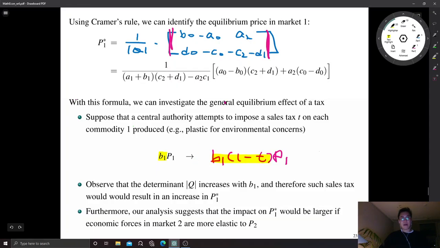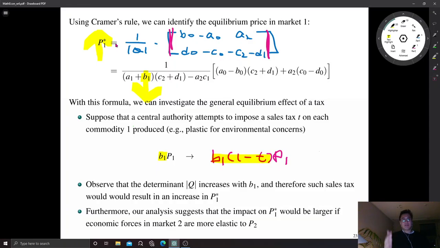Okay, so with that in mind, if we look at the impact of such a tax on the equilibrium price of good one, then we just simply look for B1 terms here, and there is no B1 in this bracket, and I can see B1 terms in the denominator. Because the tax T decreases B1, if B1 decreases, we divide the same quantity by a smaller number, so as a result, P1 would increase. Okay, so that is one result we can obtain from comparative static analysis.